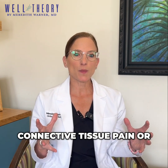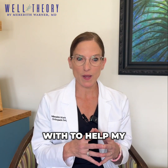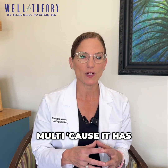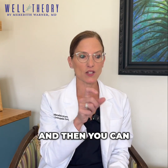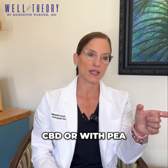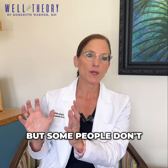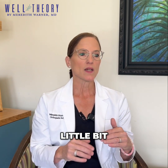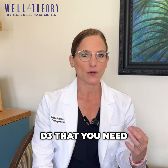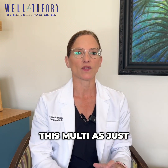So connective tissue pain or general immune health, my very first supplement that I came up with to help my patients recover from surgery was the connective tissue multi, because it has calcium, magnesium, zinc, C, and then you can get one with CBD or with PEA. Both are going to go to the endocannabinoid system, right? But some people don't want CBD, so they get the one with PEA. They're both equally effective in reducing pain a little bit, but for the basic fundamental building blocks like D3 that you need for your immune system, you need to have this multi as just a go-to everyday take it,